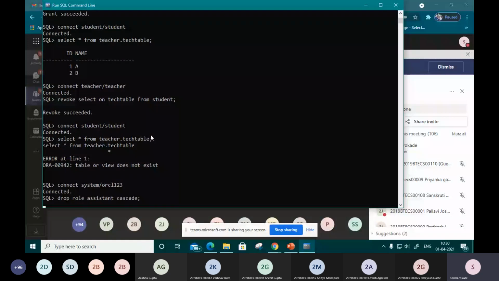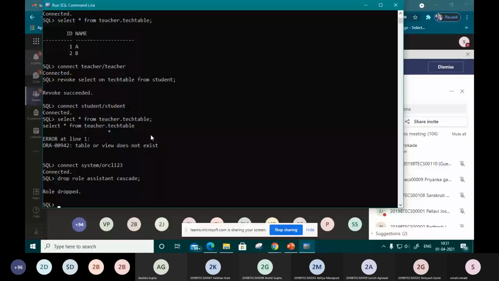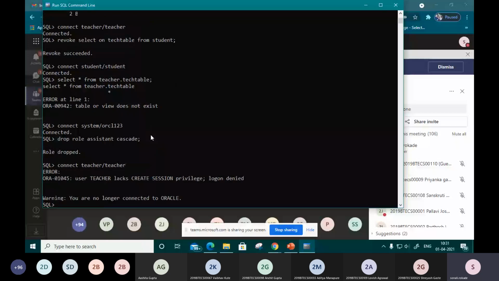Now we have to see how to drop a particular user. If we have dropped that particular role, let's check whether we can connect with the teacher account, password teacher. No, we have already dropped that role.